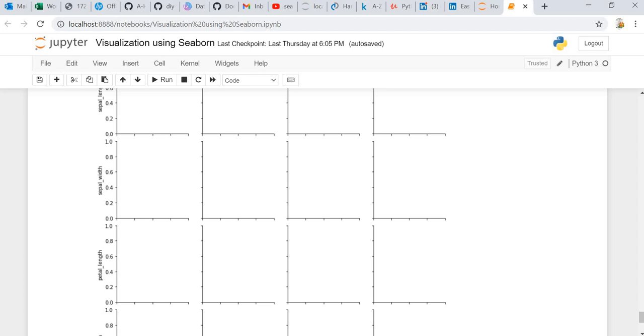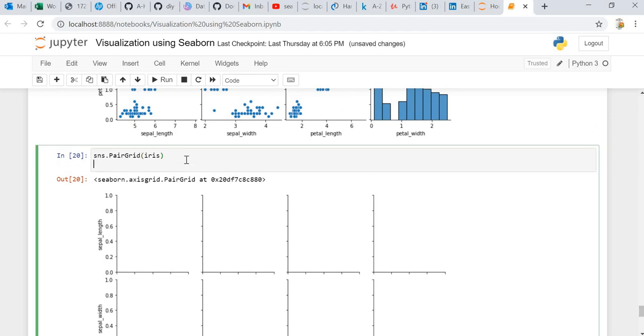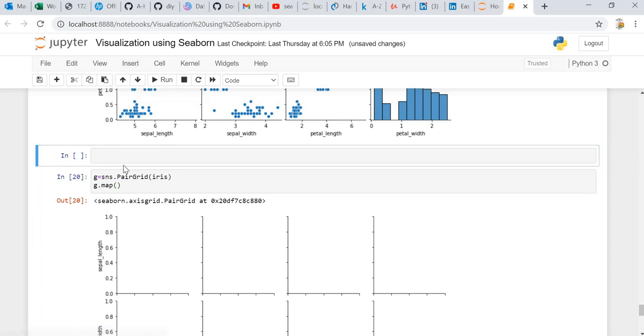Once we do that, let's draw some plotting, like if I want to do the scatter plots only, then I can do that using, say, I will save it in a variable named g. So g dot map, and before this I have to import matplotlib actually, because we will be plotting the scatter plot.